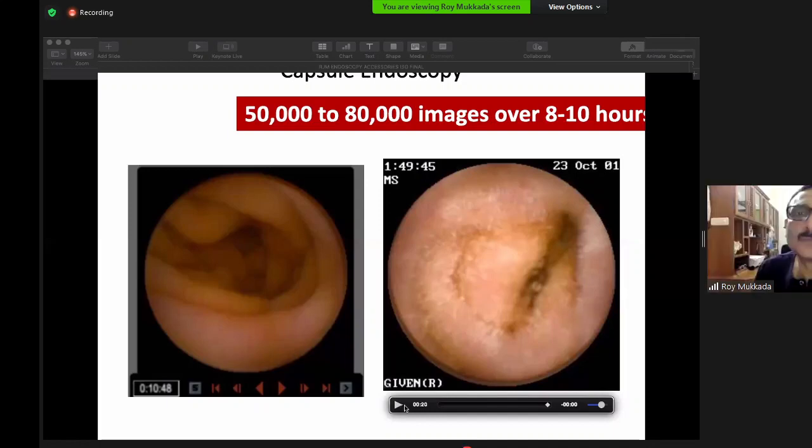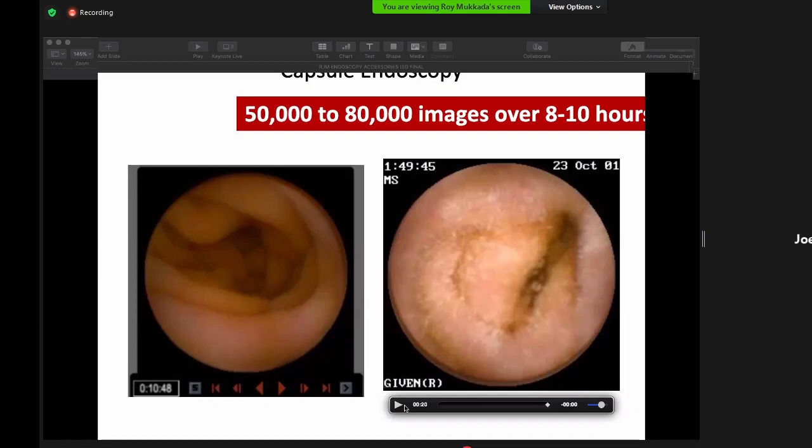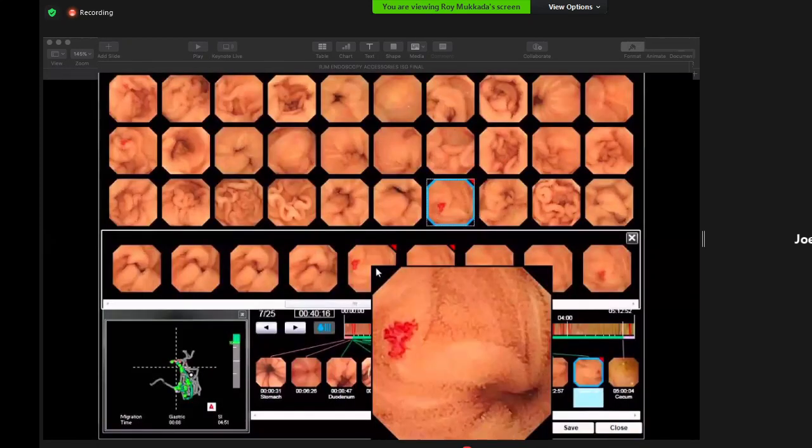So before you do capsule, do you be careful? Definitely, sir. It's always ideal to do a CT angiography to make sure that the lumen is patent. Otherwise, if you have access to a patency capsule, you are safe. But otherwise, you need to assess the small bowel by doing a CT angiography and make sure there is no obstructive lesion, because retention of the capsule can cause the capsule may burst, it can cause perforation. Such complications can be avoided if you do imaging prior to a capsule.